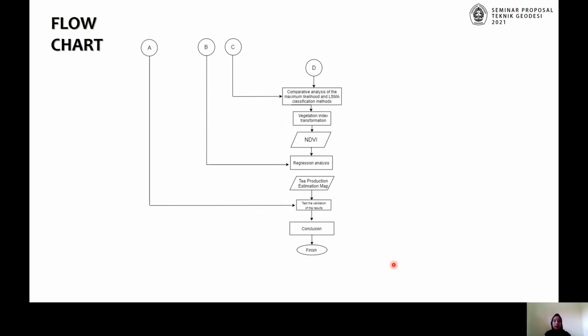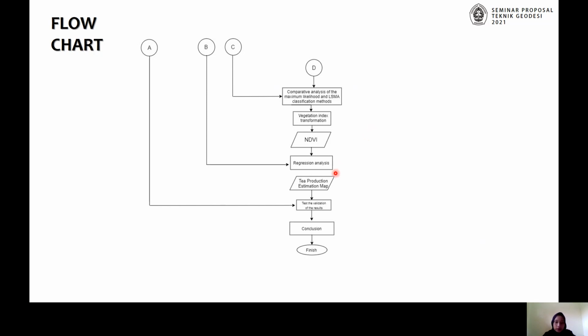After the maximum likelihood classification and LSMA classification processes are complete, a classification comparison analysis is carried out to determine the best classification method using the confusion matrix. For example, in this research we use samples for regression and samples for validation. Then the regression